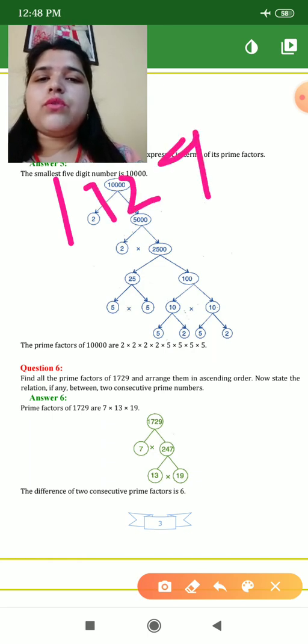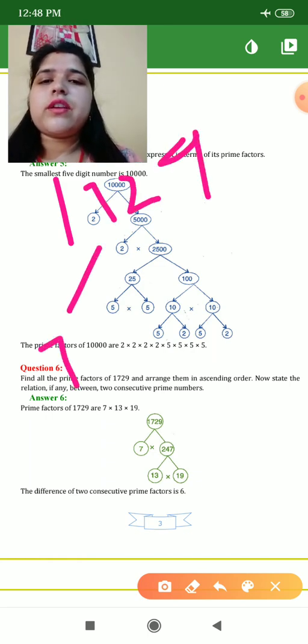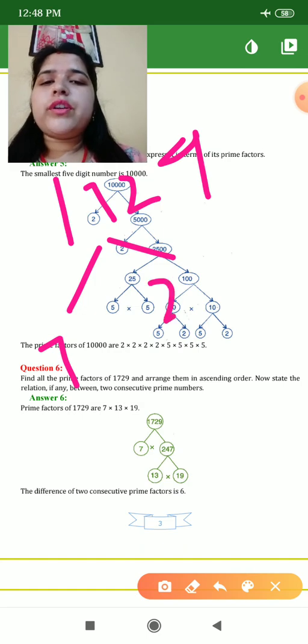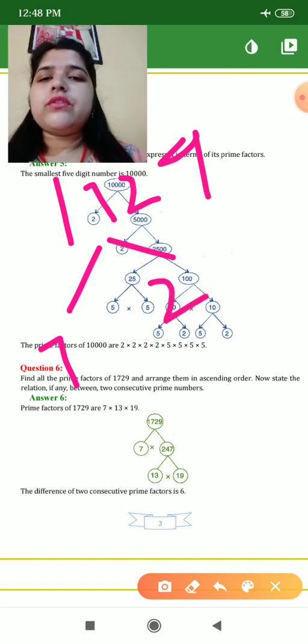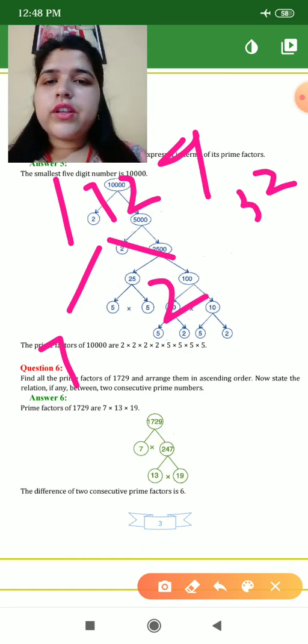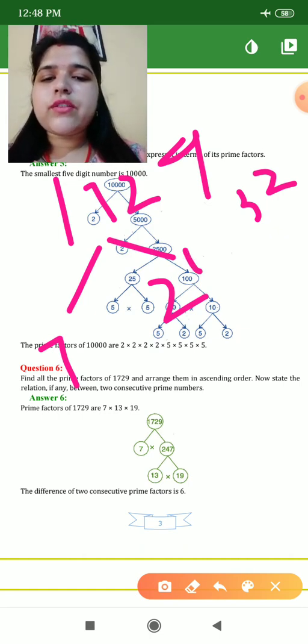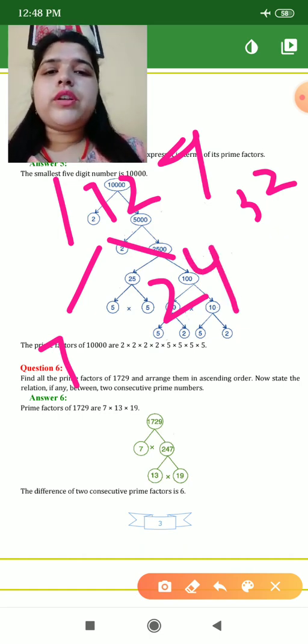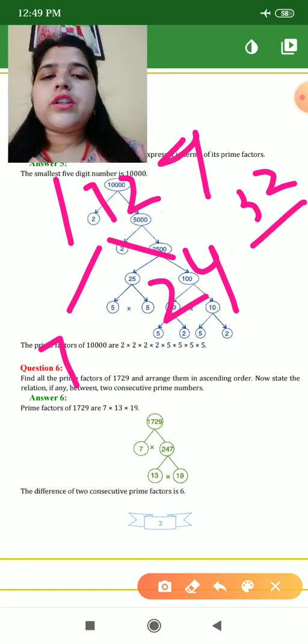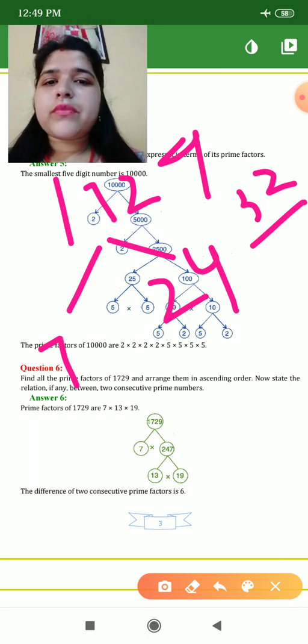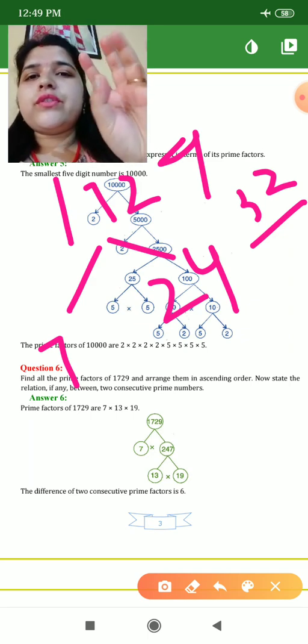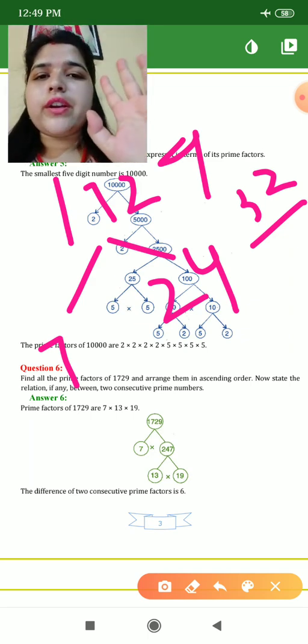It is going in the table of 7. Like here, 7 twos are 14, 14, 15, 16, 17, 3 will come here with 2, so it will be 32. 7 sevens are 49, not that; 7 fives are 35, then 7 ones are 7, 7 twos are 14, 7 threes are 21, 7 fours are 28. Now 28 was here, so it was 32, see this 3 came here, so 32 minus 24 is 8.